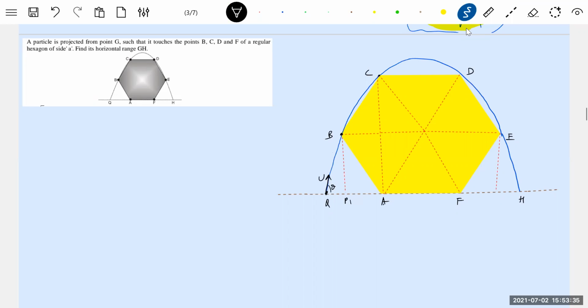Okay, we'll indicate some points. This is P1, P2. I think this is C1. Yeah, this will be sufficient. So we know AF equal to A. And what about this angle? This angle should be 60. And this length is A. So do we know P1A? Yes. Okay, this will be cos 60 equal to P1A by AB. So P1A equal to AB cos 60. So this will be A cos 60, which is A by 2.